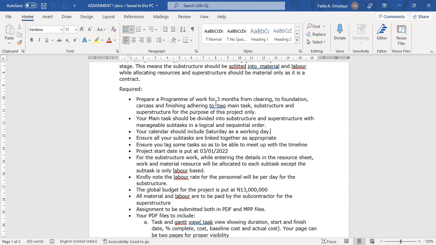Your calendar should include Saturday as a working day. We have done that already. Ensure all your subtasks are linked together as appropriate. And the project start date is 3rd of January 2022. We will need to change that. Then